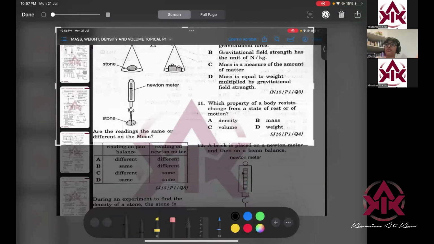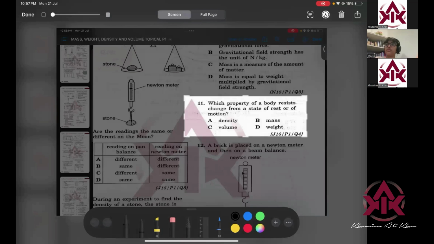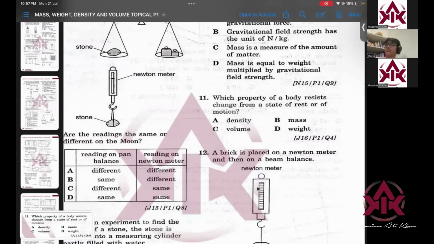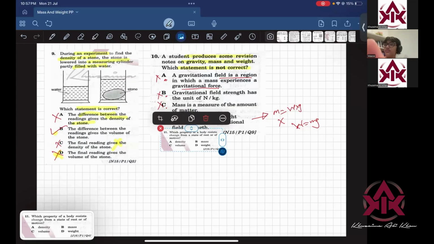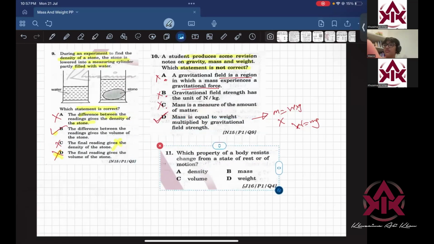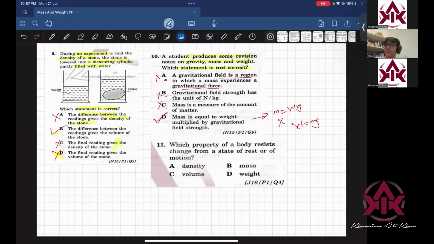I believe that you got this almost instantly, correct? What is the answer for question number 11? Okay, B. Yeah. So the question is saying, which property of a body resists change from state of rest